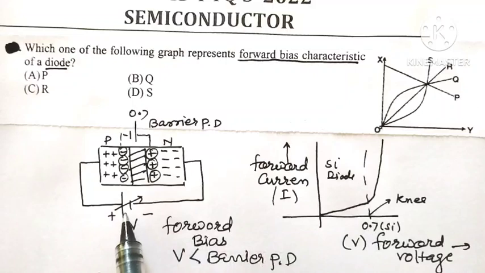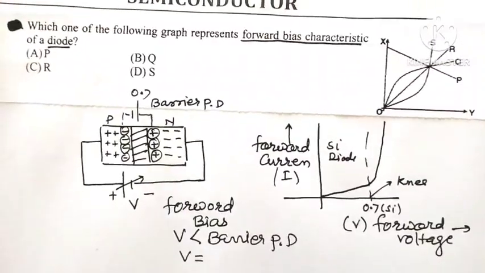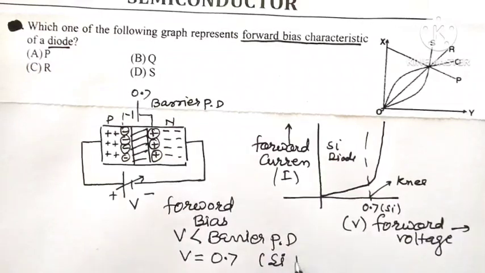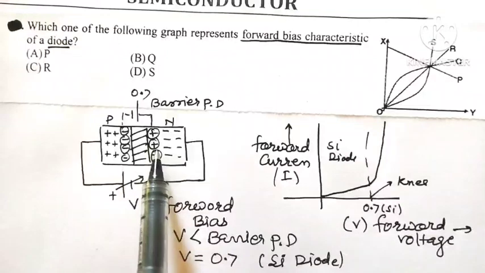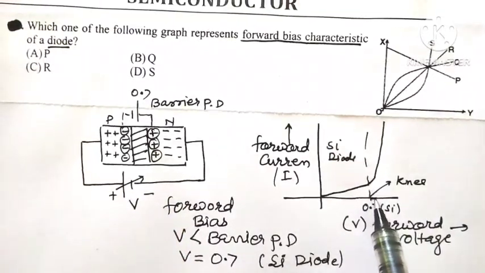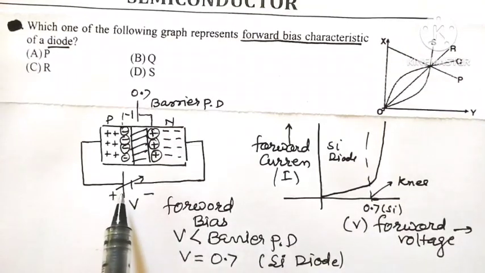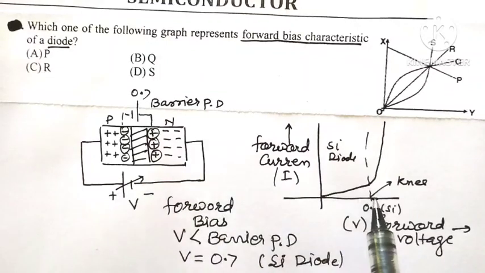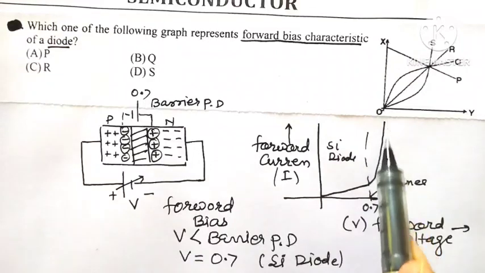Now as soon as the applied potential difference reaches a value equal to 0.7 volt, which is the barrier potential for a silicon diode, then current starts flowing through the junction diode. If the potential difference applied by the battery is slightly greater than the barrier potential, a very large current will flow through the PN